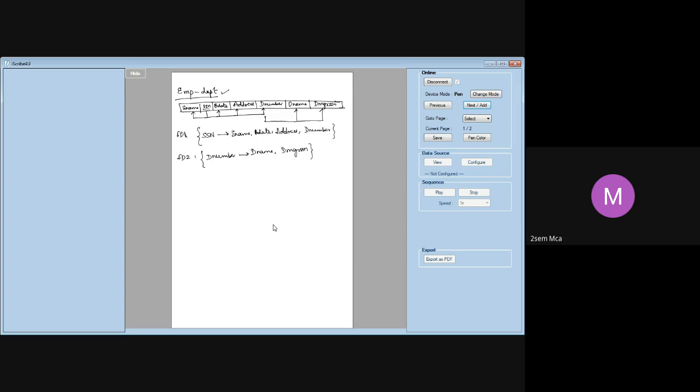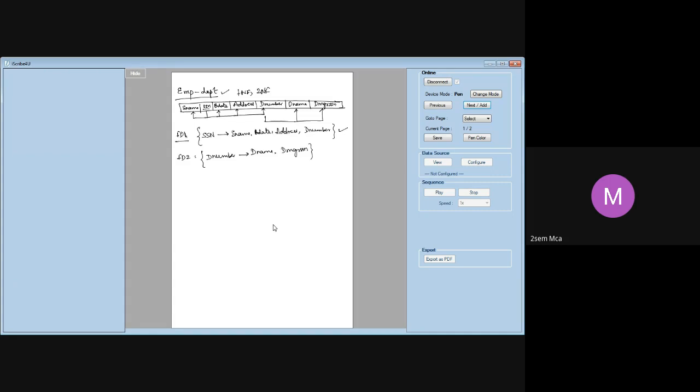So here, if you consider the first functional dependency, FD1, there is only one attribute on the LHS. There is nothing to remove and check. So FD1 satisfies the second normal form. What about FD2? FD2 also has only one attribute on the left hand side, so FD2 also satisfies the second normal form. None of the functional dependencies are violating the second normal form. Hence, the table is in first normal form, and it is also in second normal form.